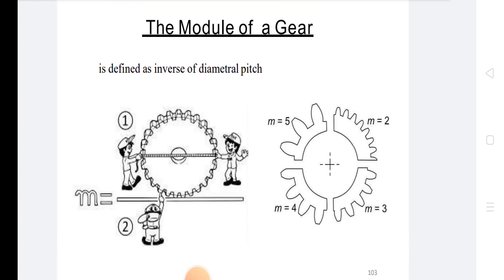Helical gears operate more quietly and smoothly than spur gears. Teeth of helical gears are stronger than spur gear teeth. Efficiency of helical gears is high, up to 90%. These gears are suitable for high-speed applications. The contact ratio of these gears is higher than spur gears. So, these are the advantages of helical gear.